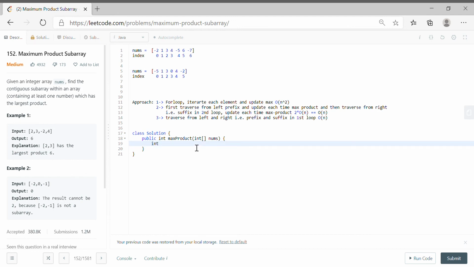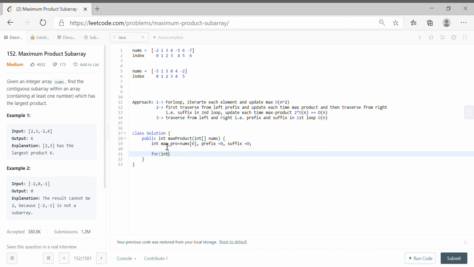Okay, they are expecting the return as int, so we'll assume the overall result will be int max product equal to nums of 0. You can take nums of n minus I, comma prefix is equal to 0, comma suffix is equal to 0, right?